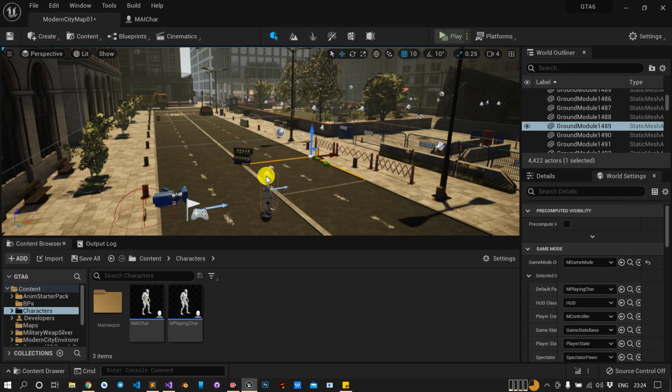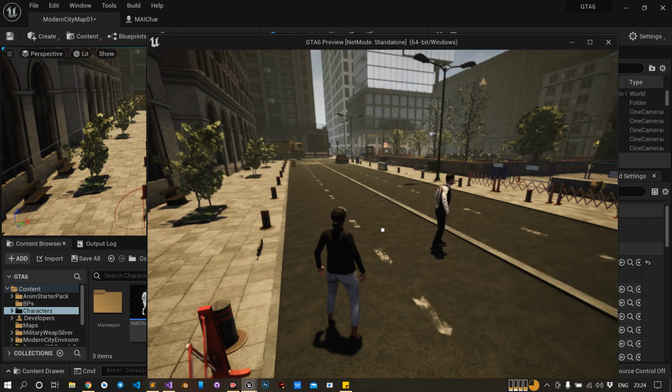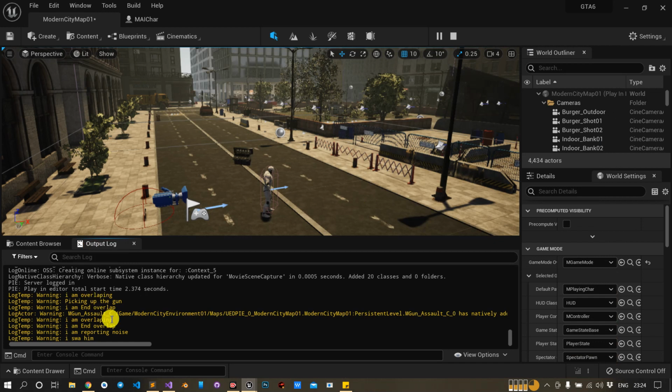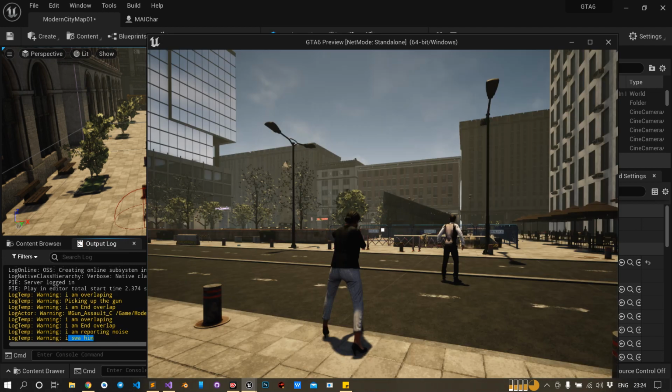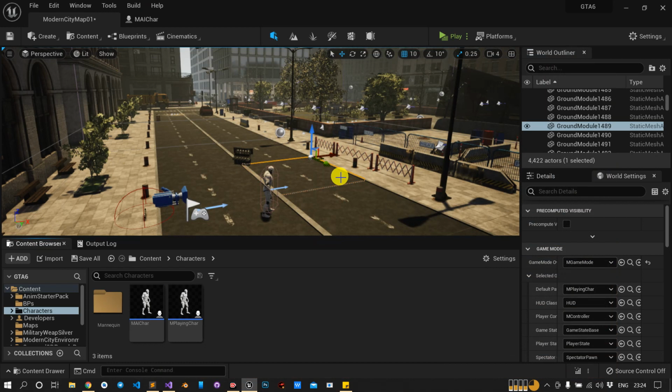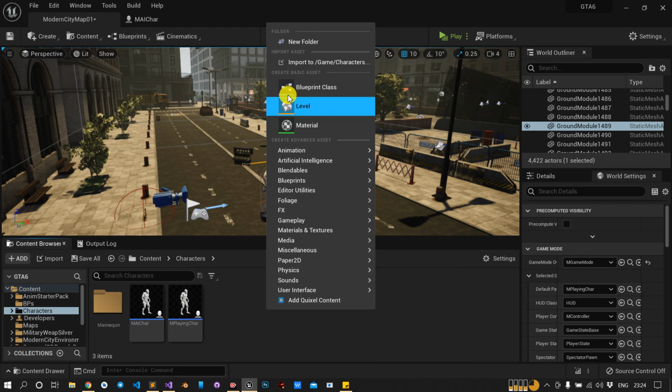Previously, we have created the AI senses part, the sight part, and the hearing part. Like if I pick up the gun and start shooting, then I should get this message. I saw him, so it was working there. So now we move to the behavior tree. So what is behavior tree? Behavior tree is the mechanism which Unreal provides to give intelligence to the AI. So let's create a behavior tree so you can get more input.